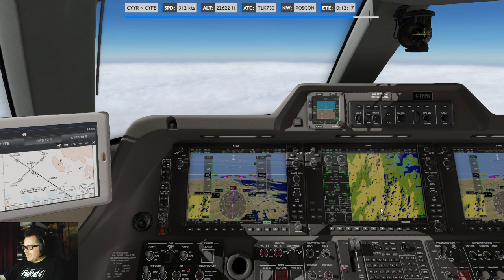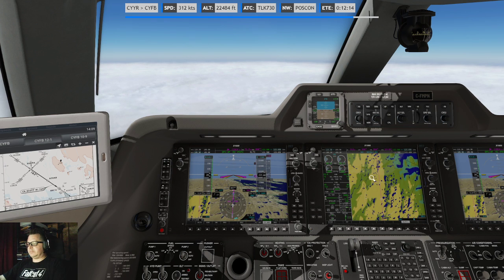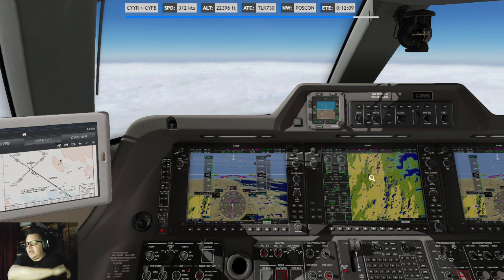As long as I pass this big bit of land at something over 10,000 feet, because I know this area can get pretty tricky.